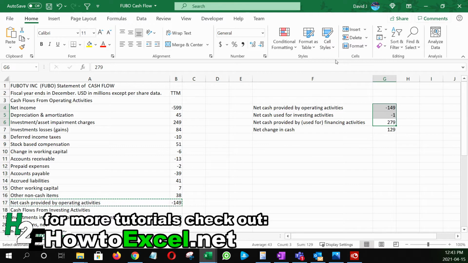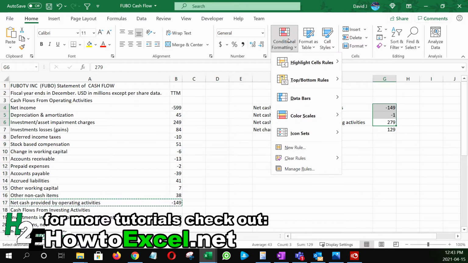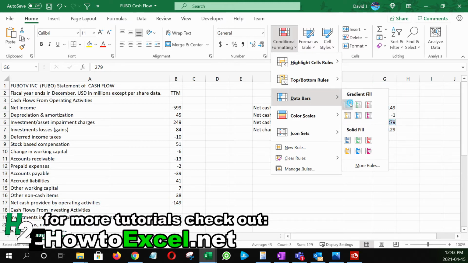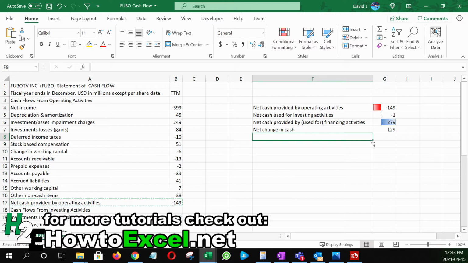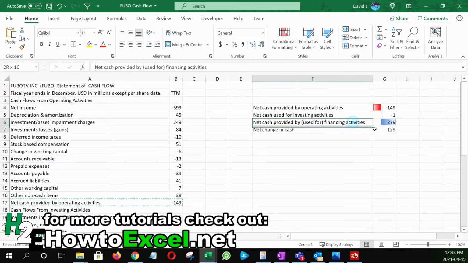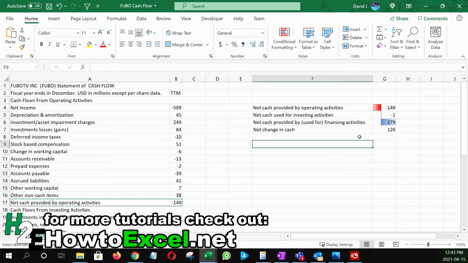This is a small data set, but you could do something like conditional formatting to help have numbers stand out a bit more. So if I have something like a gradient fill here, I can see that they burned through 149 million from their operating activities, which is their day-to-day. And that makes sense given that the gross margin is negative. The only reason that they ended up in a positive cash position was because of their financing activities, where they raised $279 million. So that gives me a quick overview as to how the company's been doing, or how the company's been raising